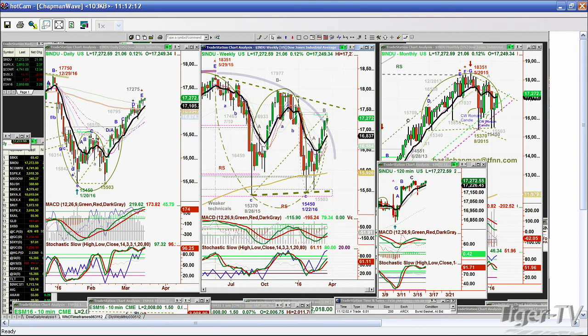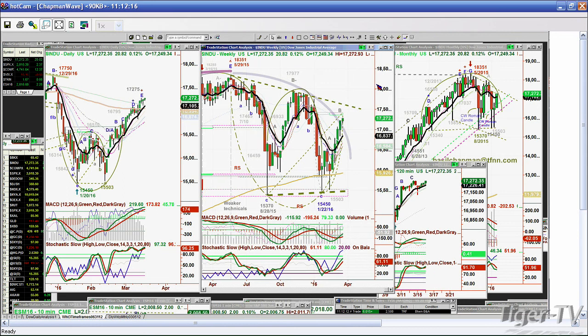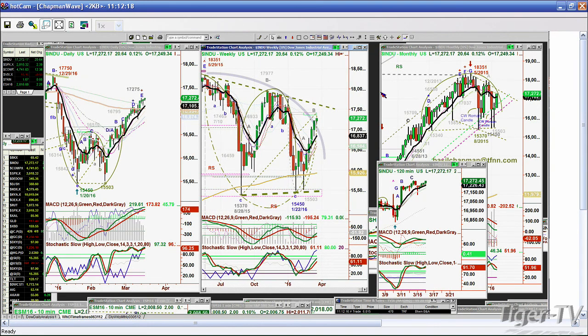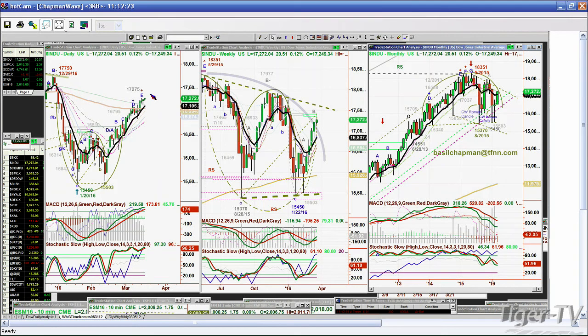720. Oh, isn't that 70,272? We're almost there, almost about to make a new recovery high. And that would start a leg F to the upside unless it's recycled. So this is really good. The MACD is still strong. Stochastic still strong. We got out of our positions, and we did have an